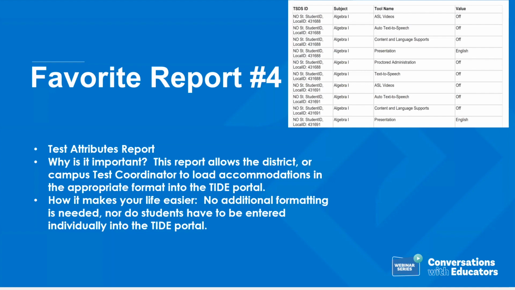Having the ability to map in TestHound and then publish those out to the campuses, those online testing attributes that would be features that could be turned on in Cambium, saved my CTCs so much time, because once everything was mapped and they accepted their autopilot alerts and they had the students in the test, so they were getting ready for state administrations, they could generate this report and upload it directly into Cambium to turn on or off